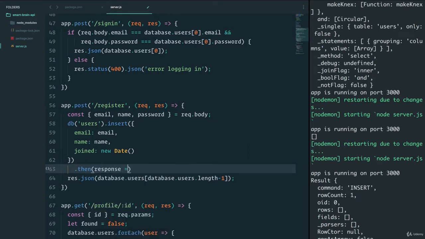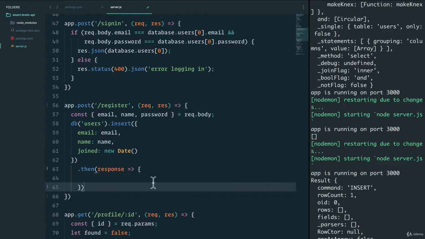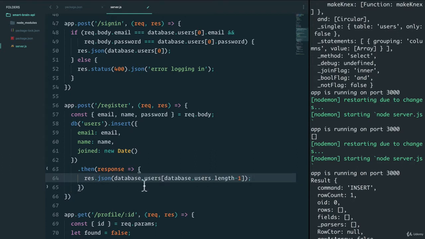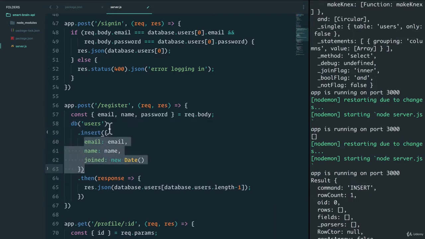If we get a response, in that case, we want to send a response.json, and this response.json will respond with, well, what should it respond with? Luckily for us, Knex, again, is built with this in mind and has a feature, or a method, that is called